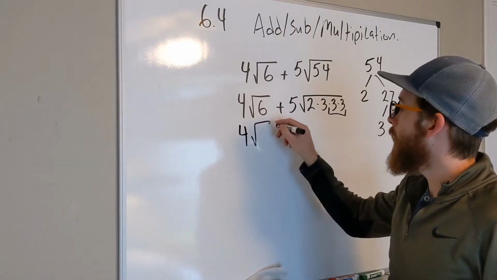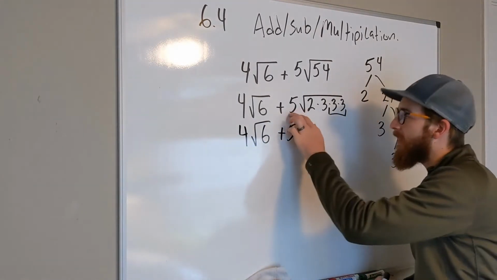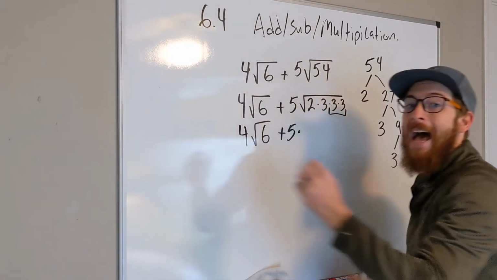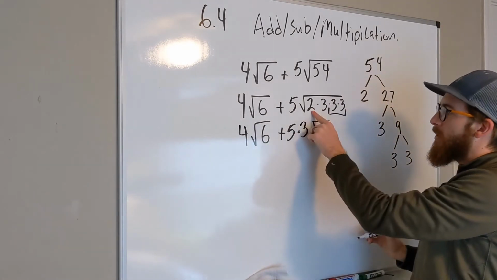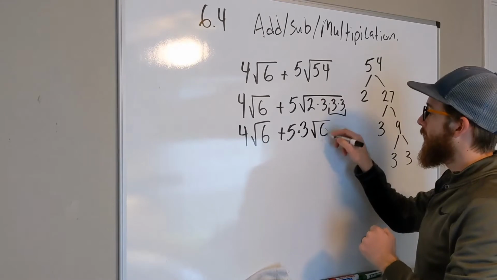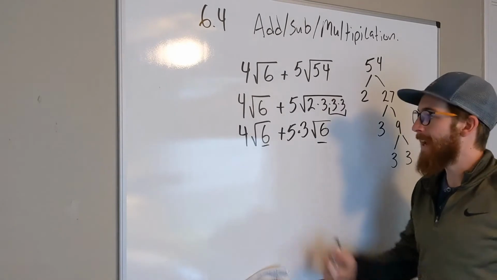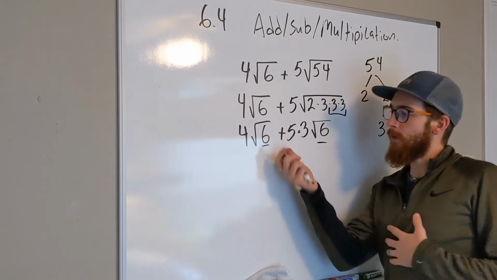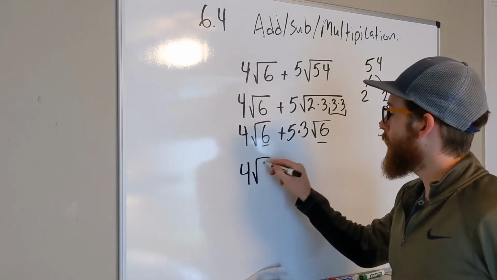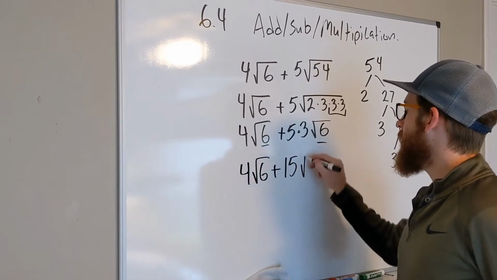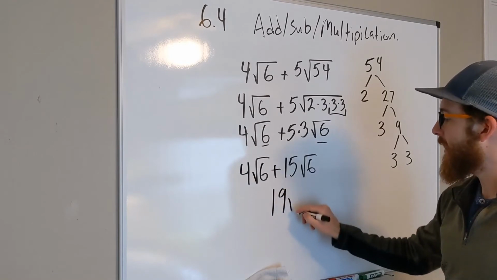So I have 4 square roots of 6 plus 5 times, we're multiplying this times this. So when I pull something out, I'm still multiplying. So times 3 square root. What is 2 times 3? 6. Hey, do the inside pieces match now? They do. So now I can put all this stuff together. But what comes first, addition or multiplication? Multiplication. So 4 square root of 6 plus 15 square root of 6. When I add those together, what do I get? 19 square roots